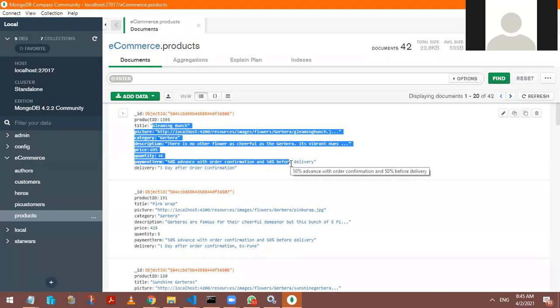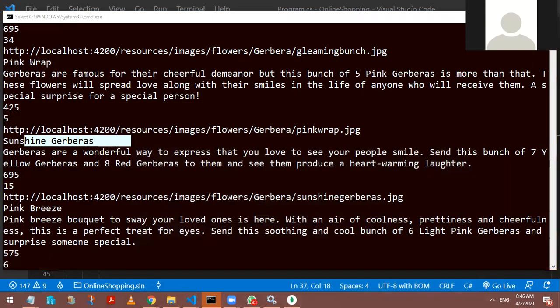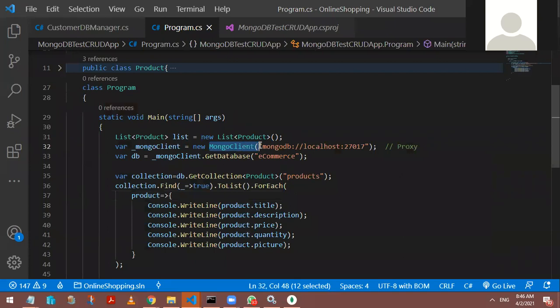If you rely on this object model, if you understand this object model, if you understand their classes, if you understand their methods, you follow those documentations, I think a lot of your work would have been simplified. The complexity of communicating with MongoDB has been encapsulated by a class. Which class? That class is nothing but the MongoClient class. The complexity of communicating with the database has been totally encapsulated by the GetDatabase method. The complexity of getting that collection and converting that data in the form of a list has been totally encapsulated by the ToList method of that Find.